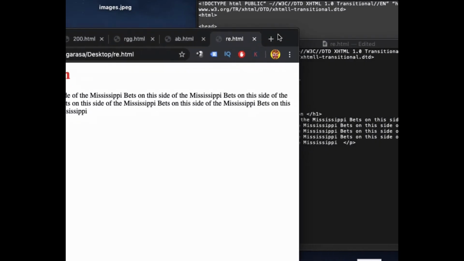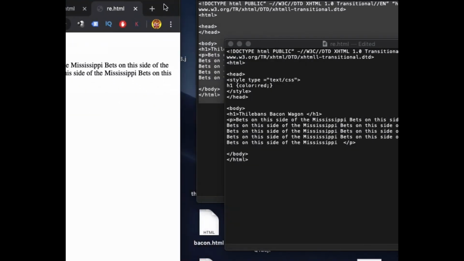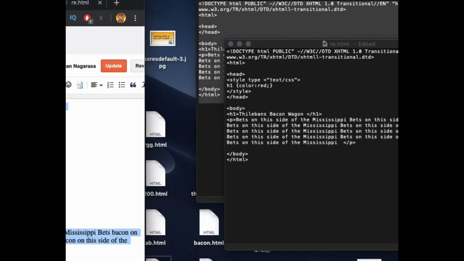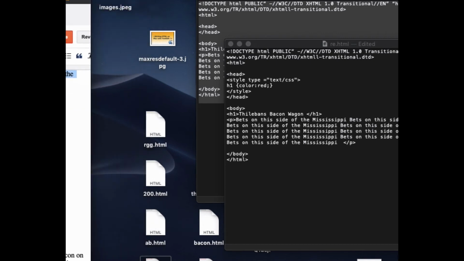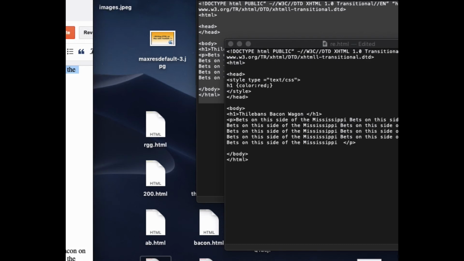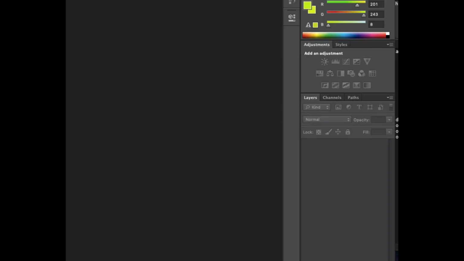The next thing we are going to see is line spacing. We can create a space between lines using another thing. Let's see how to do that. But first, in color I forgot to mention one more thing. In color, you can change the color using RGB color as well. What do I mean by RGB? If you look at Photoshop here,